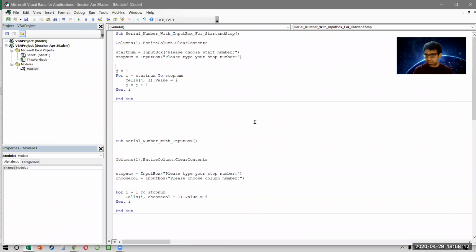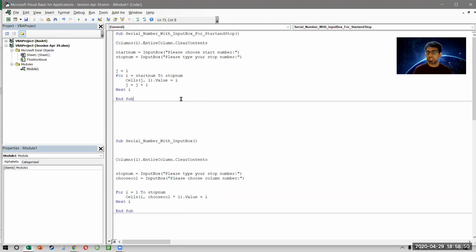Look at the code and think about it. What we're doing is, my first number is 10. Where do I want to put it? In 1, 1. Remember, in cell A1, which is 1, 1. How do we do this? I've already defined that j is 1. Fair enough. But after that, we also want to say that the next number, which is 11, should be 2, 1. So I'm incrementing j by 1. That means j is equal to j plus 1, which means j is equal to 1 plus 1, which is j is equal to 2. So the next number comes in 2, 1, the next number comes in 3, 1.